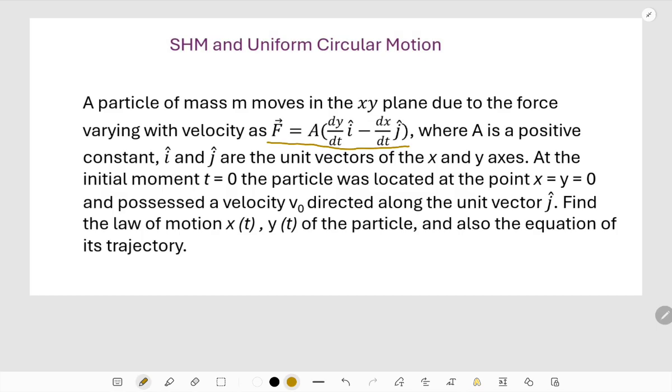You can say by yourself that the x component of the force is directly proportional to the y component of the velocity, and the y component of the force is directly proportional to the x component of the velocity. Here a is a positive constant, that's fine, and i and j are unit vectors of the x and y axes,